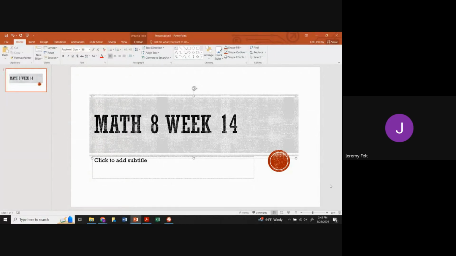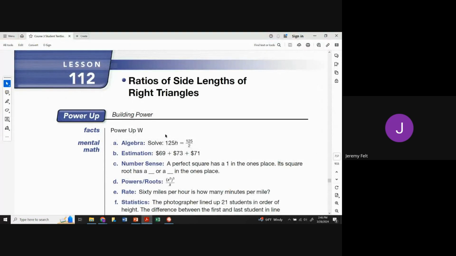Guys, welcome. We are in week 14. We're looking at lessons 112, 113, and 114 for this week. So those three lessons. Let's go ahead and flip over to